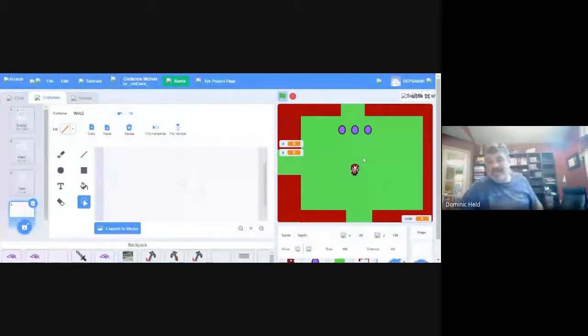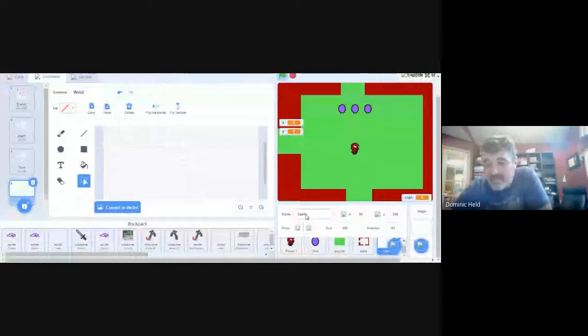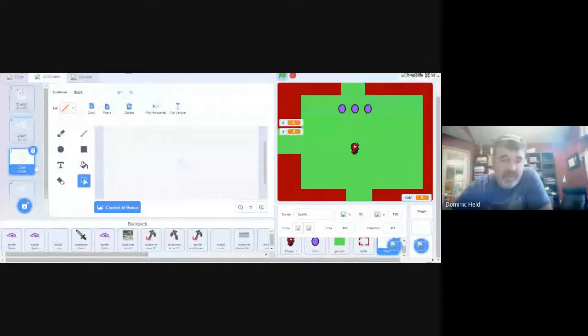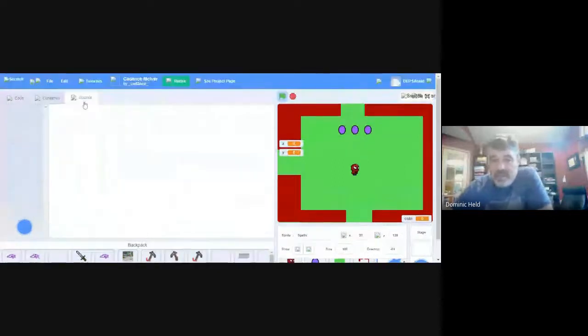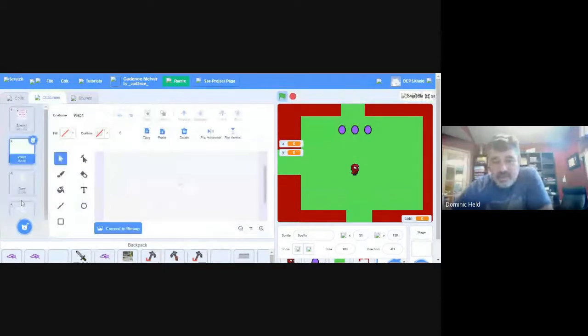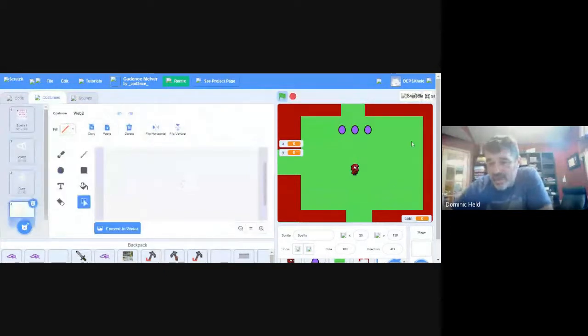So there it is. A web attack. Same code as the other one. So if you want to make that code from scratch, the only thing that's different is the costumes. And I fit them to be somewhat in with the code from before. So basically a start costume and then two similar costumes that can switch back and forth and kind of make it look like it's moving. The illusion isn't very great, but